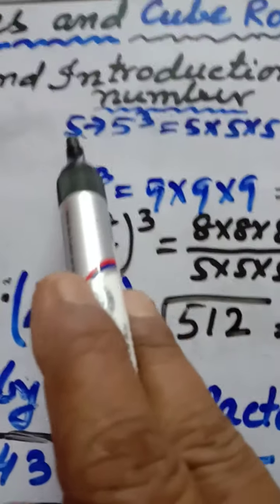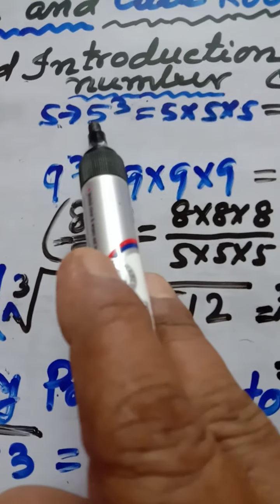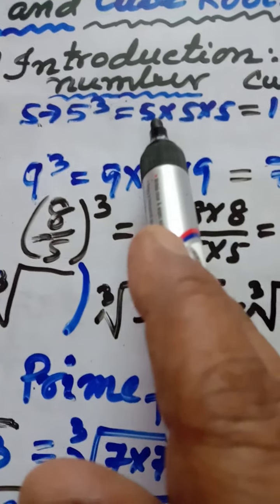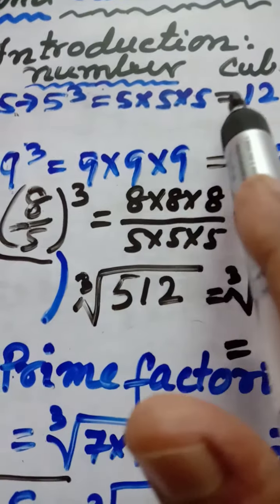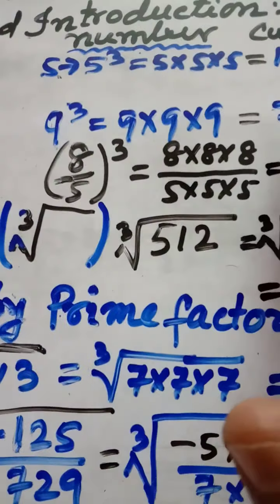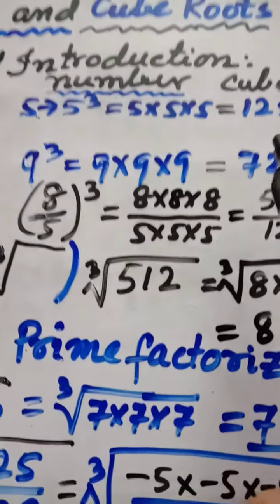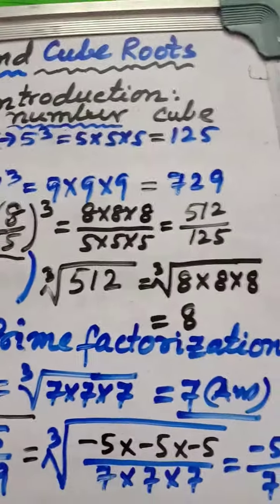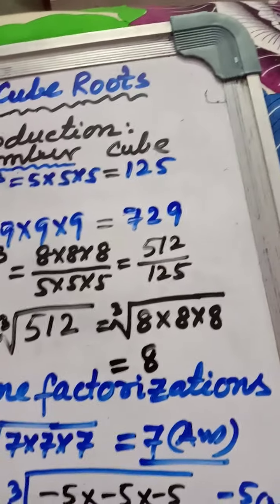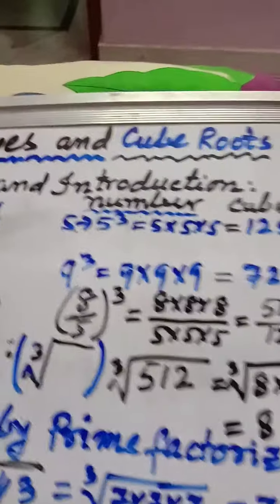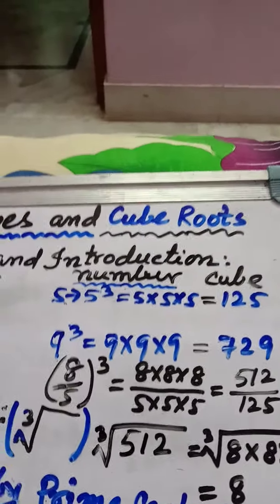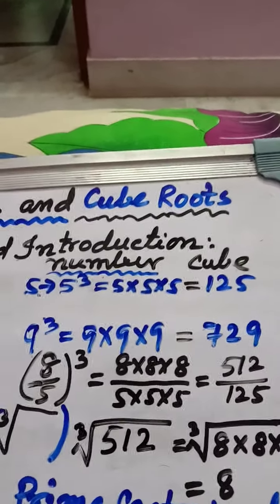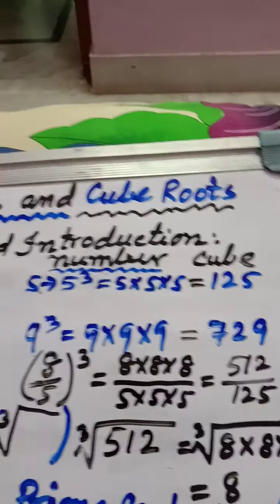Suppose number 5 is there. You want to find out the cube value. 5 cube, that means 5 is multiplied by itself, the product will be 3 times of the 5, that is equal to 125. Children, in this regard I will tell you, 1 to 10 all the cube values you must learn. All the natural numbers 1 to 10 cube values. I have said you earlier also. I sent you, when I was teaching you about the square and the square root, all the cube values of 20 natural numbers. That I will send you once again. Today also you will learn it. At least 10 natural numbers you must know.